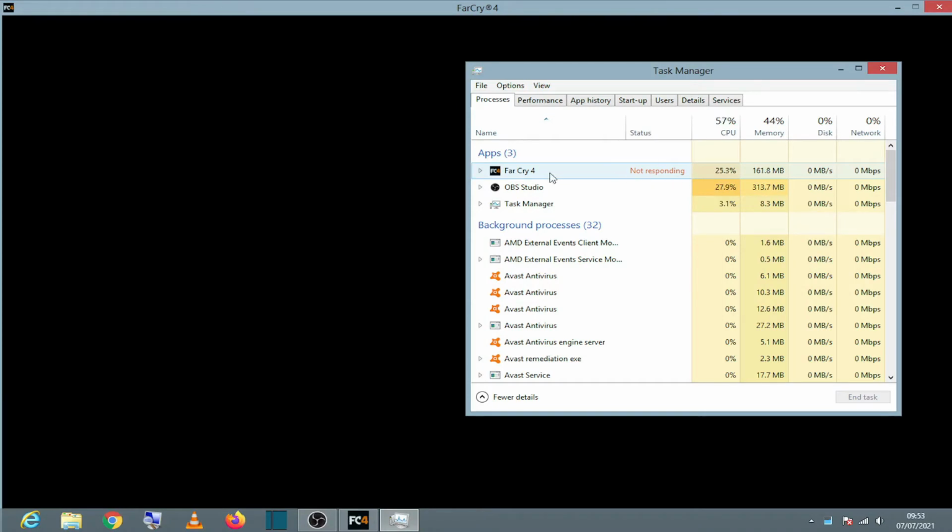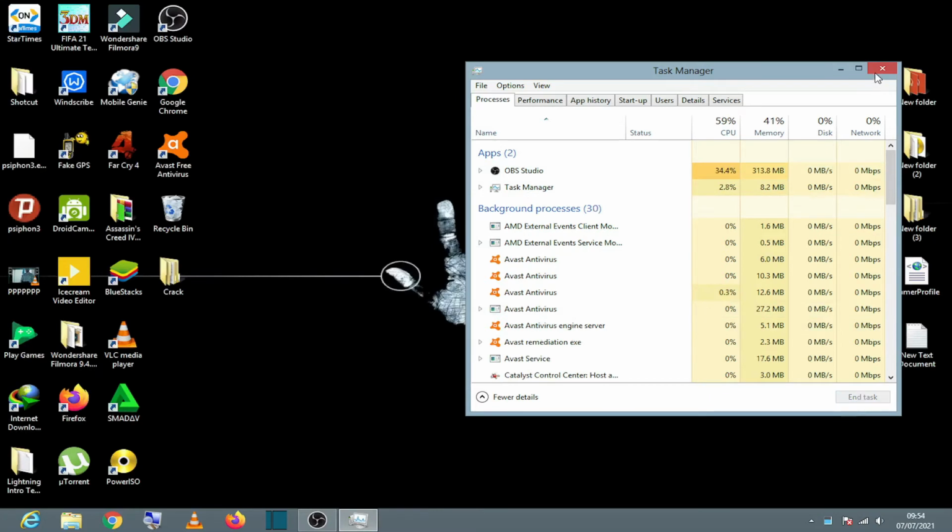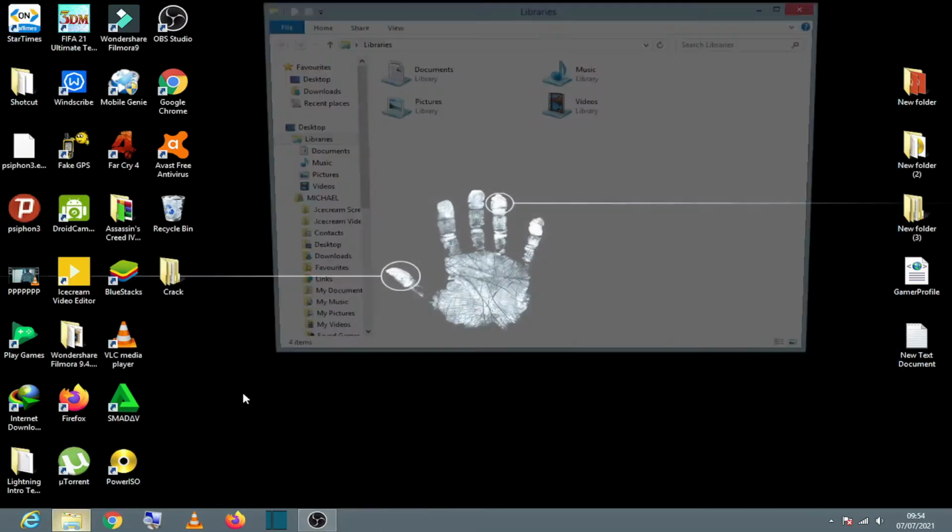Let's go to the task manager. As you can see here, it says not responding. So it will just be like this. It will take forever. Nothing is going to happen. So we're just going to end the task and then go to my computer